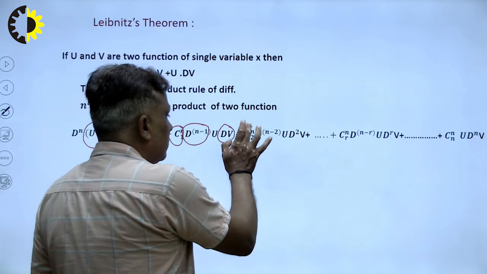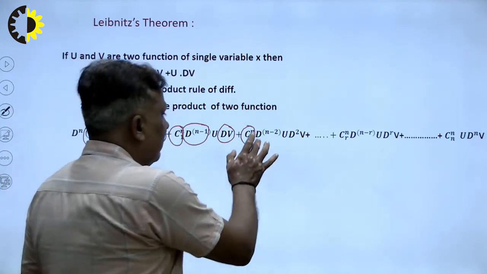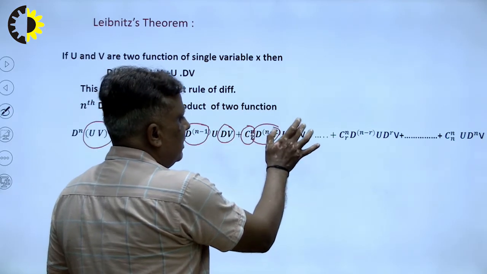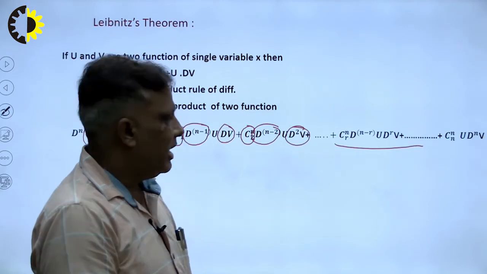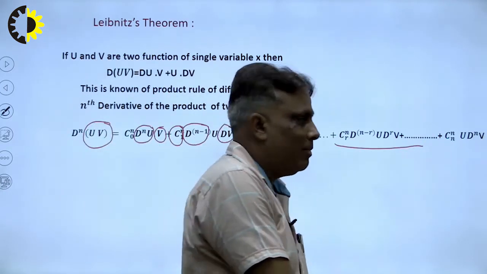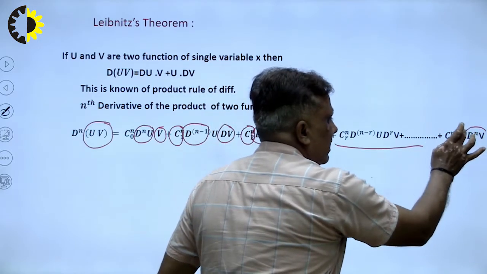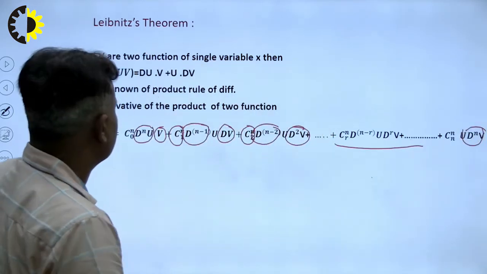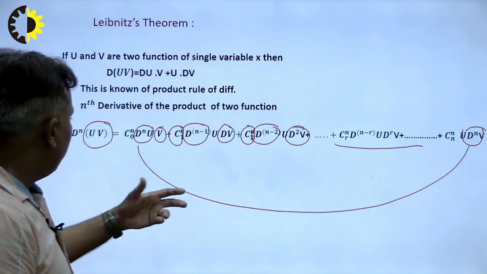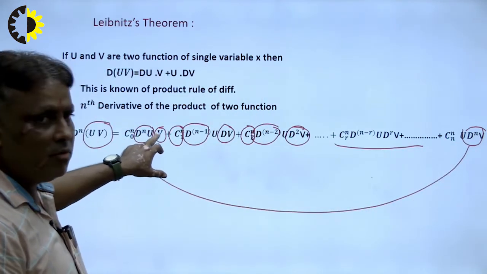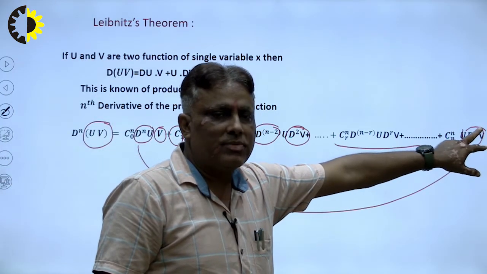Next nC2, meaning after 2 rupees are given, that will be d^(n minus 2) u and this will be d^2 v. In this way, in the last term, nCn u d^n v, all the money is transferred to this side. So we can see that the first and last conditions are the same. How the same? On the first day I have d^n u and v is nothing; on the last day I have nothing and everything is transferred to v.